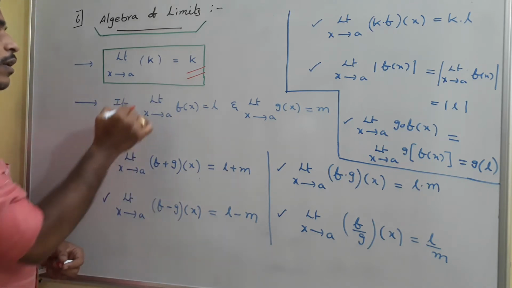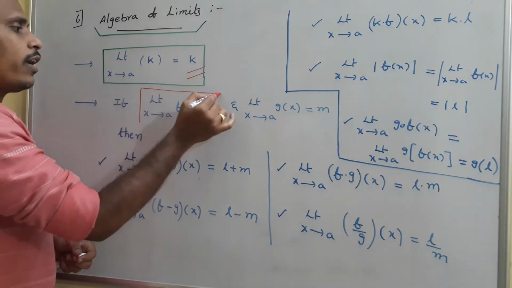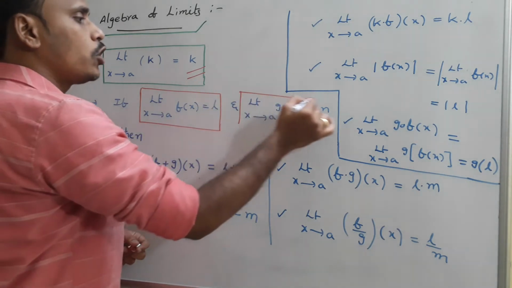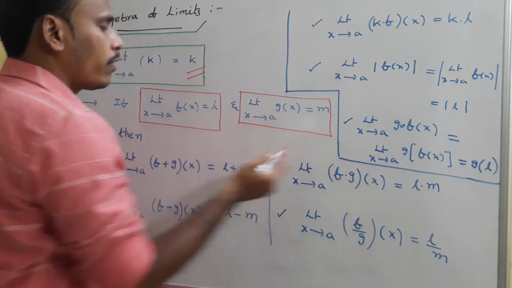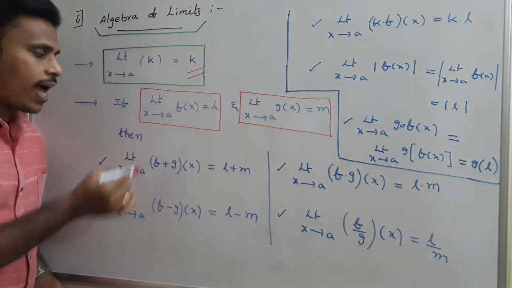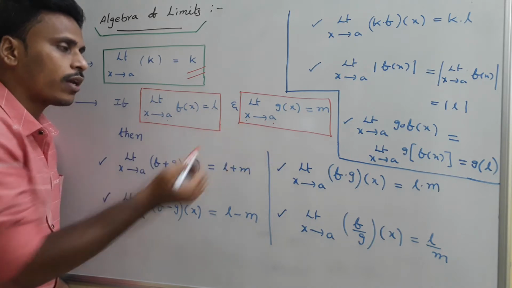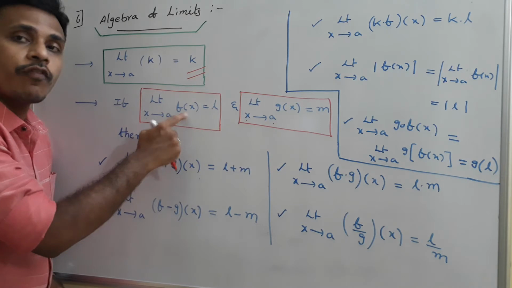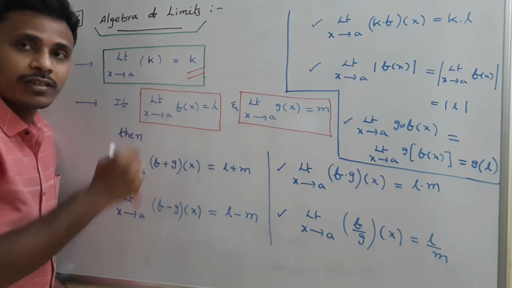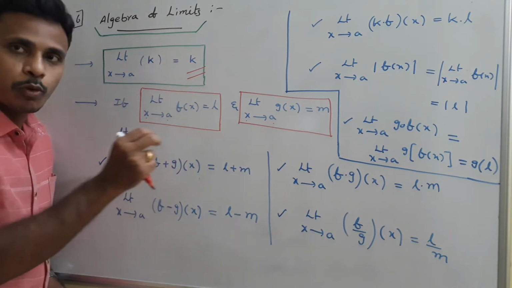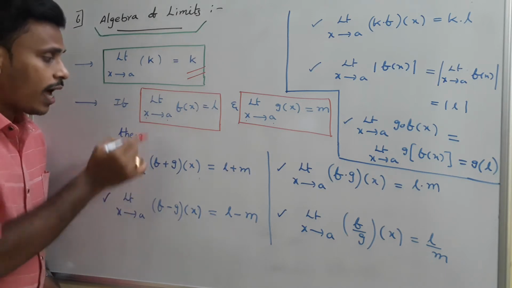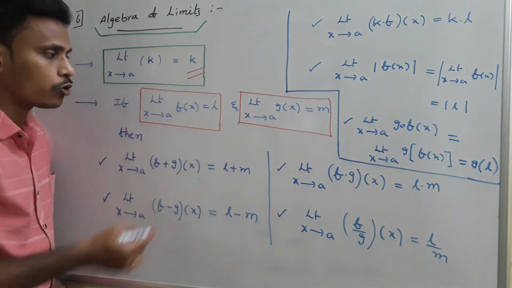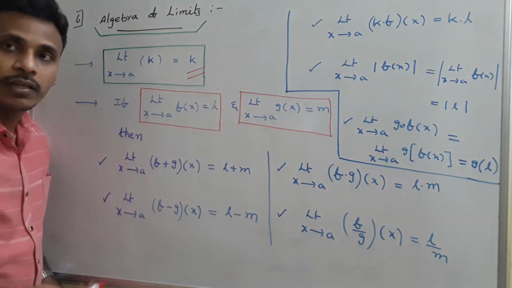And next thing, see, if limit x tends to a of f of x is equal to l, and limit x tends to a of g of x is equal to m. First of all, if you know these two, as x is tending to a, f of x is tending to l and g of x is tending to m. It is just the approaching concept, right? And so as x is tending to a, the sum of these two functions also approaches the sum of these two values, l plus m.